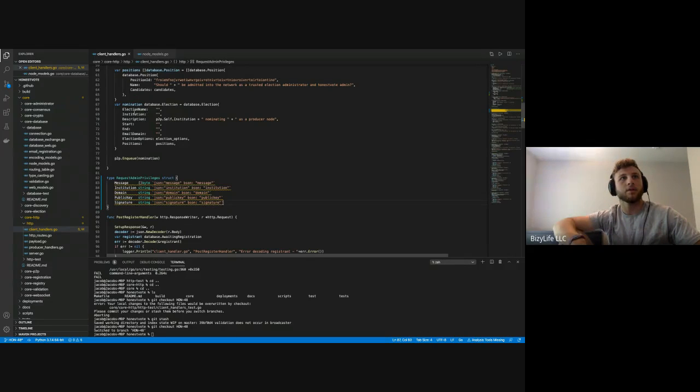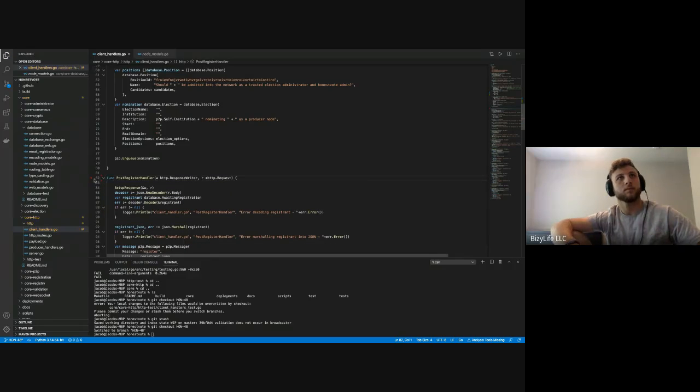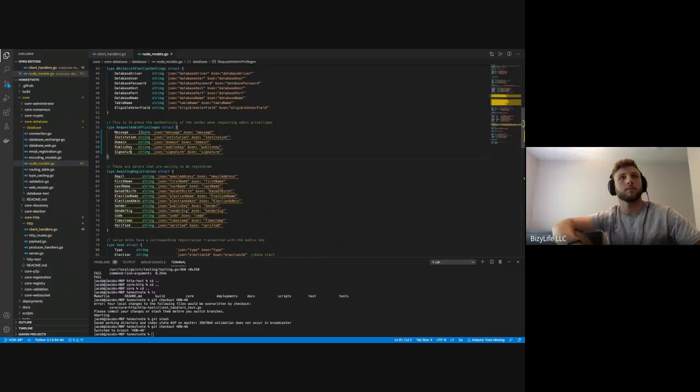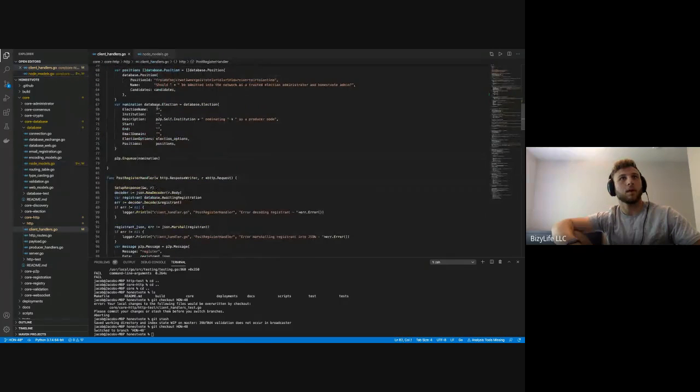Election name, institution, start, and email domain. That's it. This is the whole thing. So let's go back to node models and paste this here. Not sure why it does that, but institution,